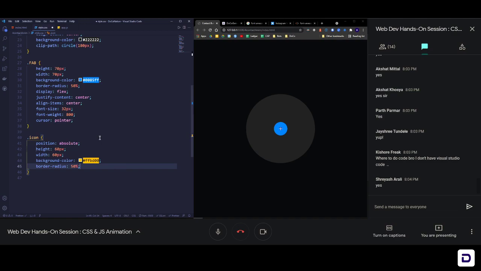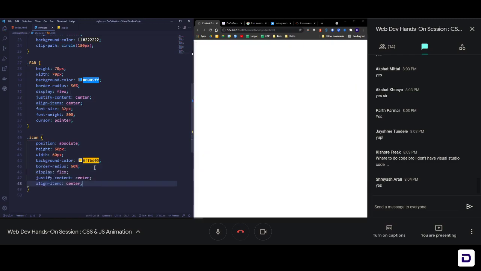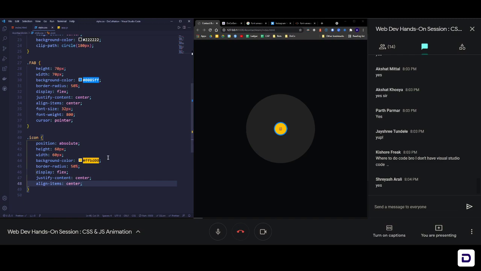Now if I save this, you can see that I have the yellow icon there, but Instagram again is towards the top left. So we need to bring it to the center. Again, copy the same center code: display flex, justify-content center, align-items center, and you have that Instagram icon here. One more thing I see is that the Instagram icon is a link. That's why it has an underline and an ugly purple color that links usually have. So we need to remove that.